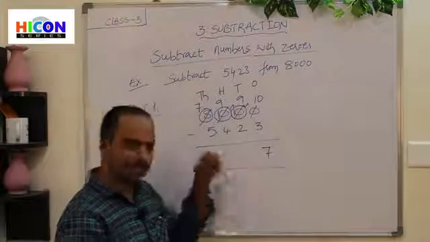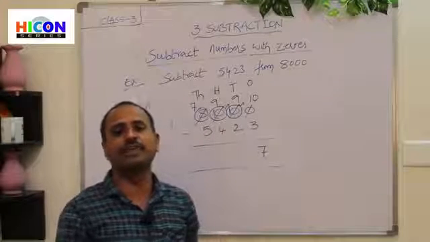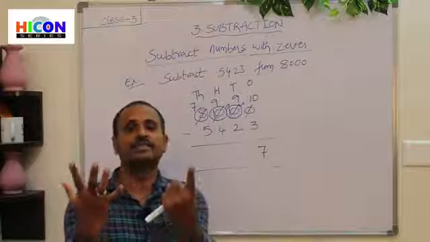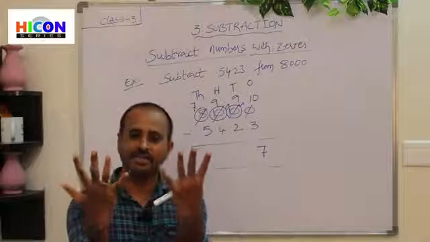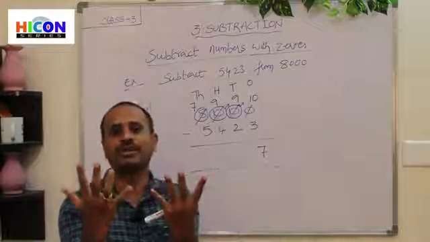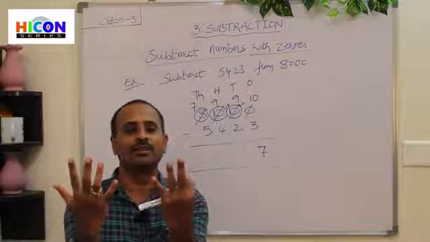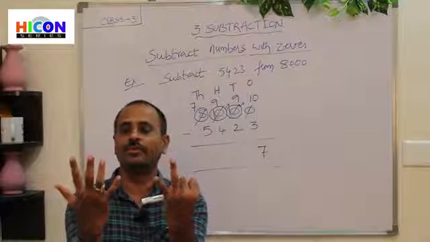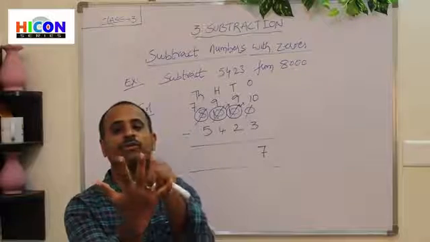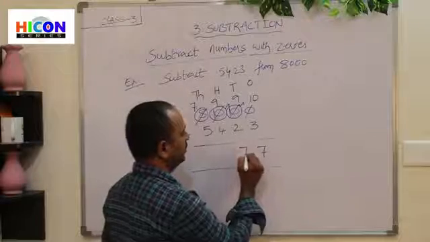So now go to tens place. What are the digits in the tens place? 9 and 2. Open 9 fingers of your hand. 1, 2, 3, 4, 5, 6, 7, 8, 9. Children, these are the 9 fingers. And what is the second number here? 2. So close 2 fingers among these 9 fingers. So children, see, I am closing 2 fingers. 1, 2. Children, count how many fingers are remaining here. 1, 2, 3, 4, 5, 6, 7. There are 7 fingers left.